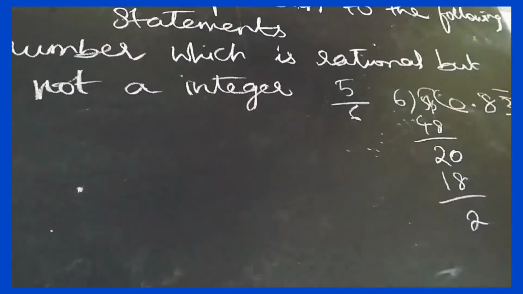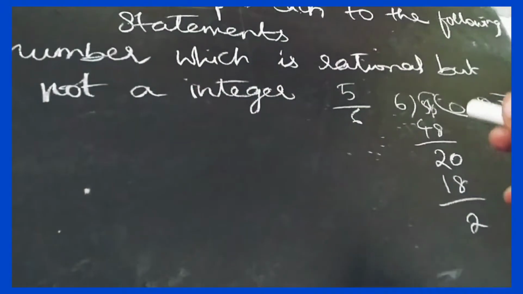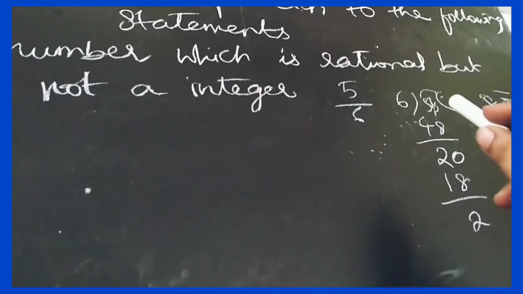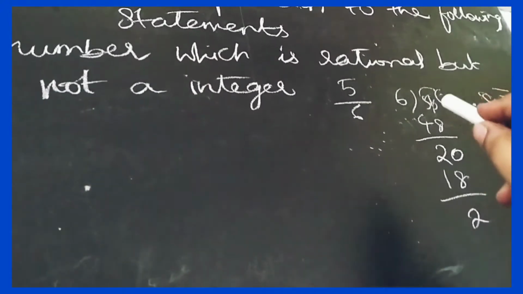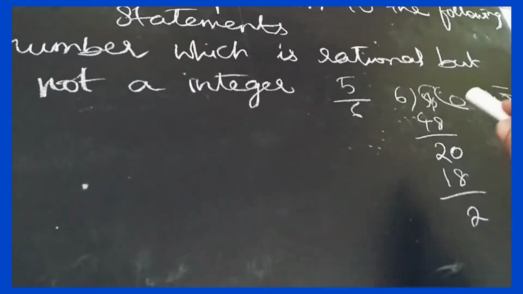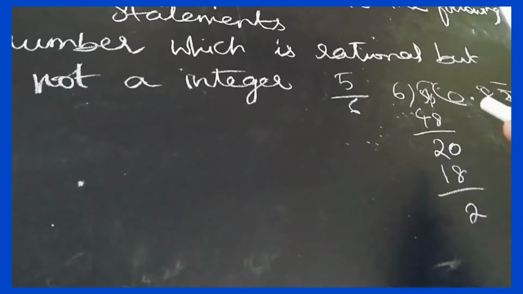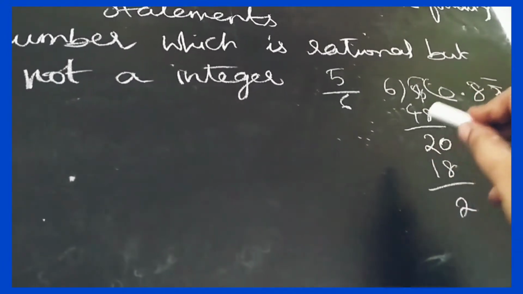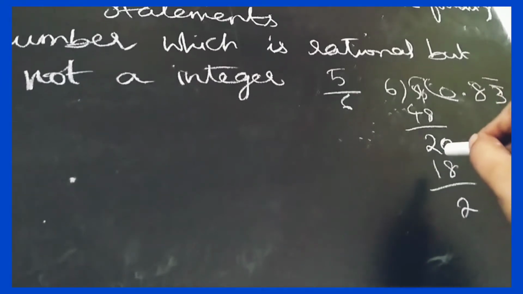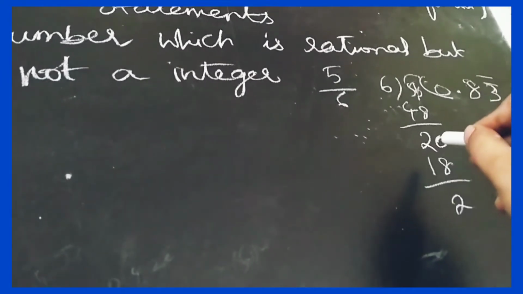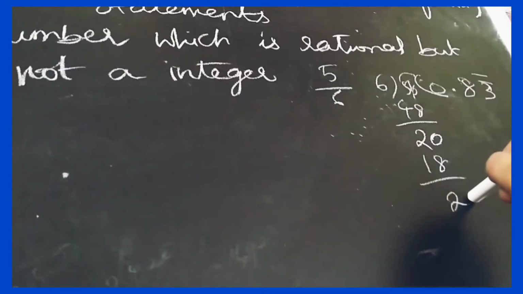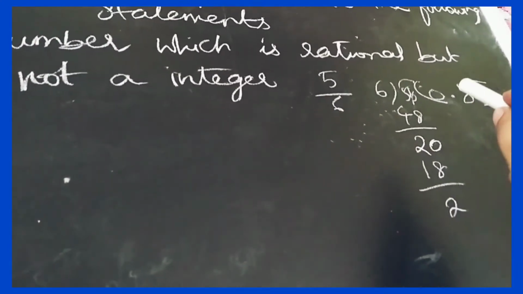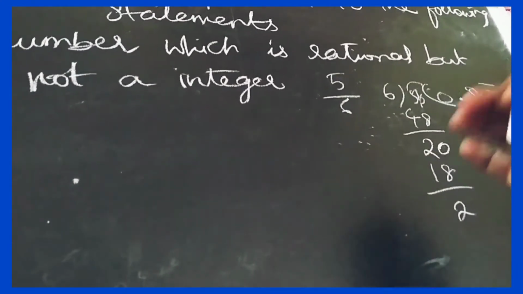Okay, 6 doesn't go into 5, that's why we are taking this 5 as 50. We are making this 5 as 50 by writing here 0 point. Okay, if we write here 0 point, this 5 will become 50. Then 6 8s are 48. We are taking the 10 minus 8 is again 2. Again we can take one more 0 here. Okay, first we have taken 0 point, now we can take more zeros.